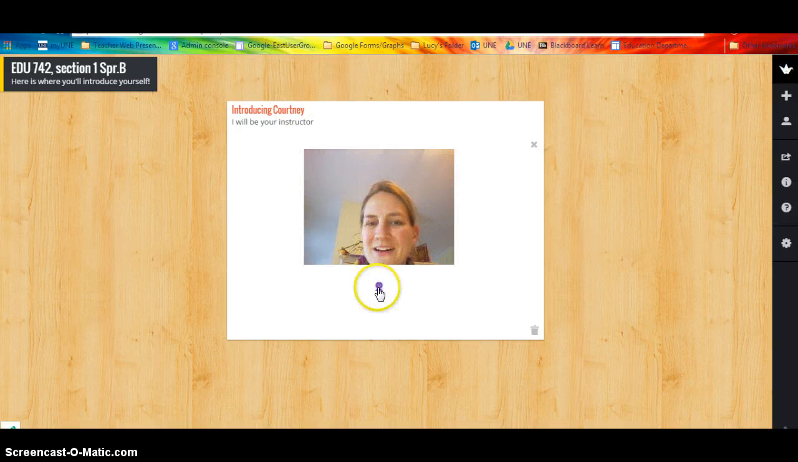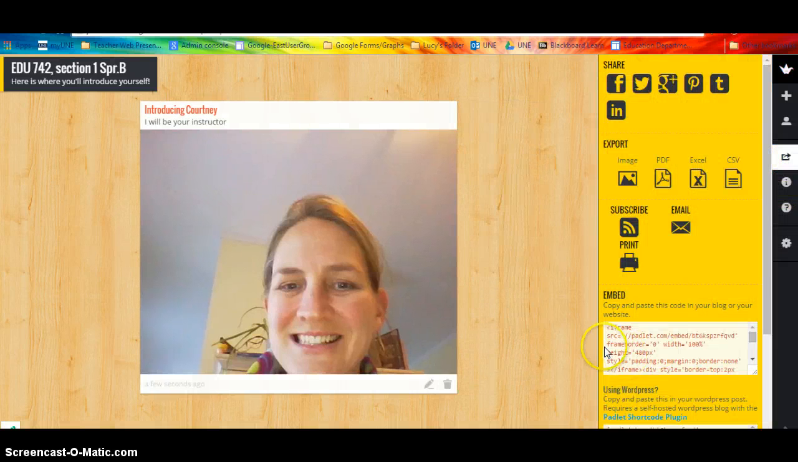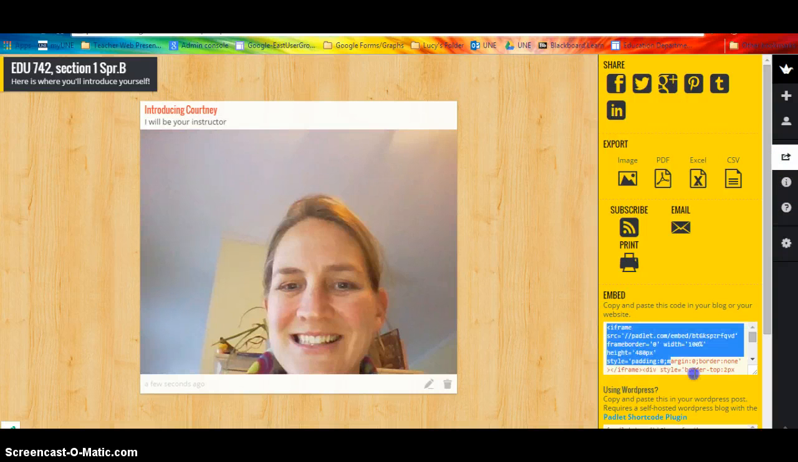And I'm going to move over and take a picture. And there's my picture. And then everyone is going to double click and add to this same Padlet. The instructions for that are there for the student. So now I'm going to go to the share export, and I'm going to copy this embed code, which is